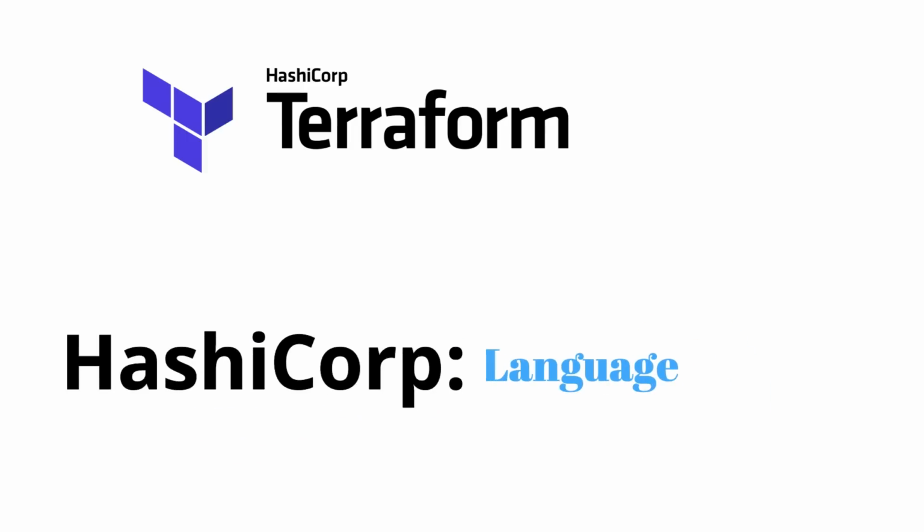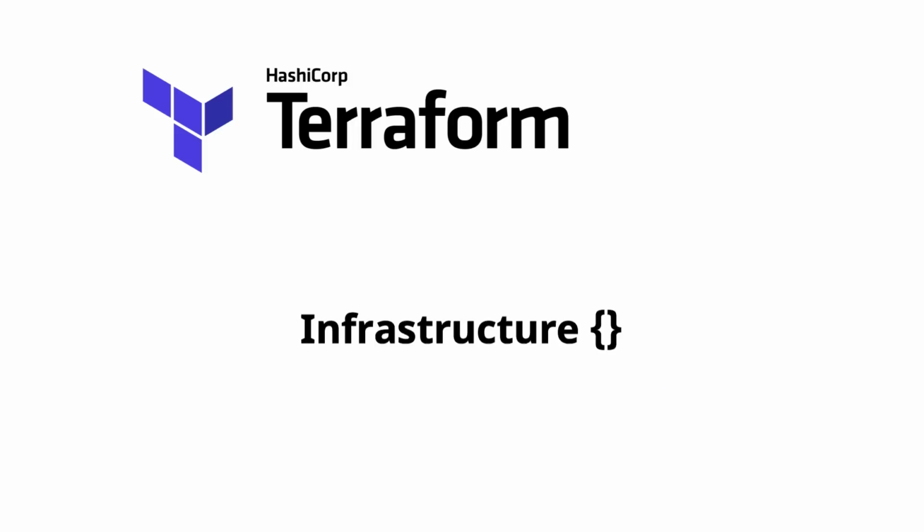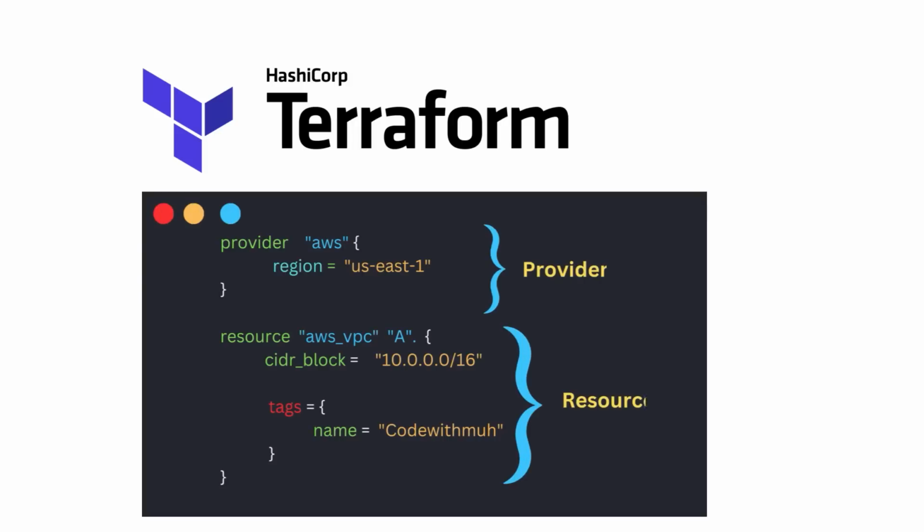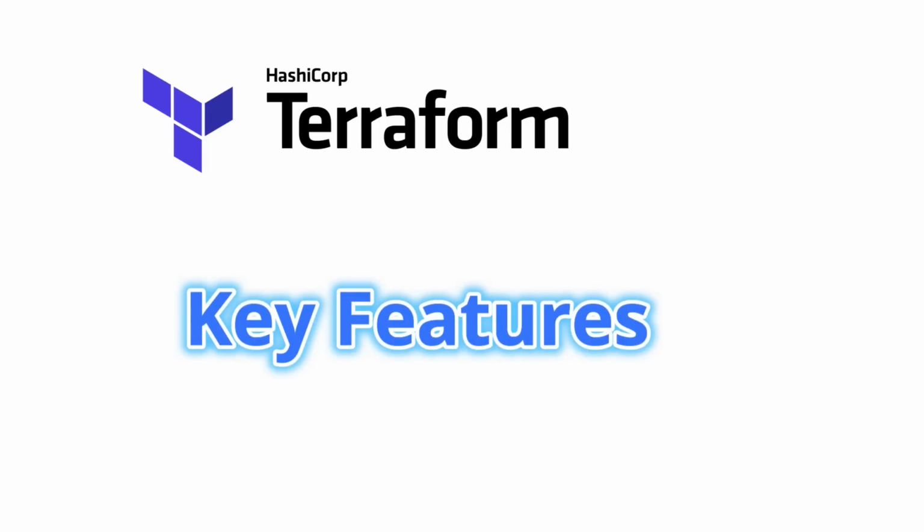Terraform uses a declarative language called HashiCorp Configuration Language to define infrastructure resources. HCL is a human readable language that enables you to define resources and their configuration in a simple and concise manner. Key features of Terraform: